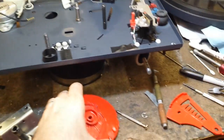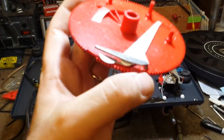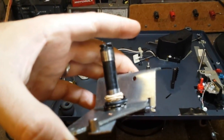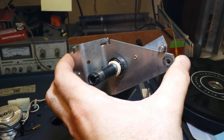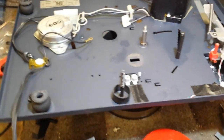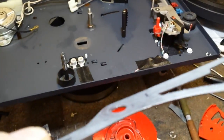We've taken care of the end of play trip, which we pulled apart and resurfaced with a little rubber tire there to help grip. Reassembled that, re-greased it with moly. Cleaned all the old grease off the platter bearing, and the rubber band is there to help keep the little rubber grommet tire spacer there, whatever you want to call it, when we put it upside down and back into the turntable. All of the greases have been cleared from the